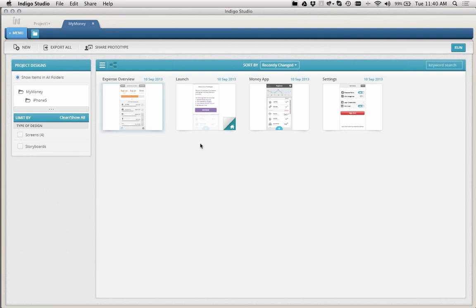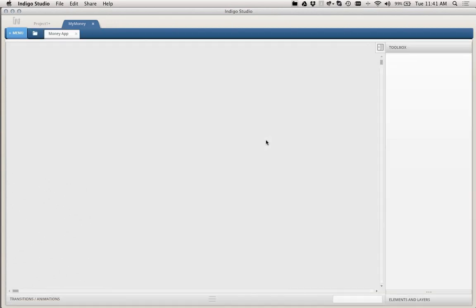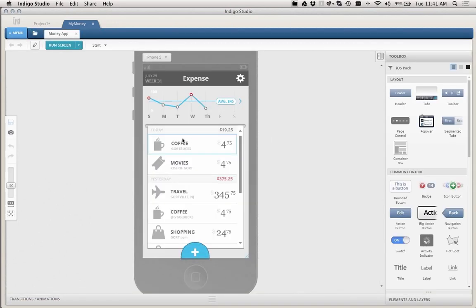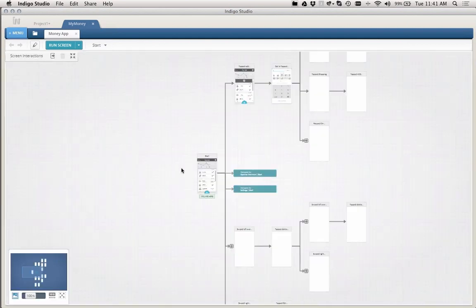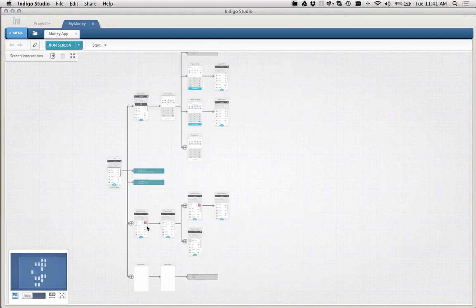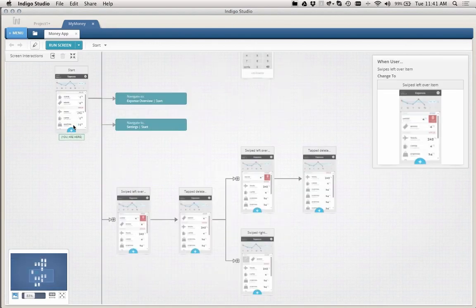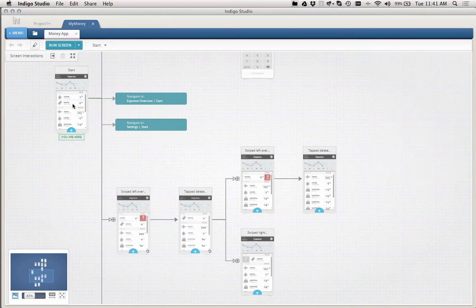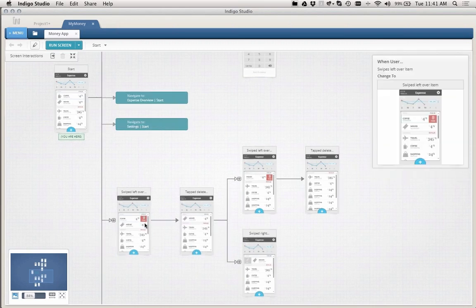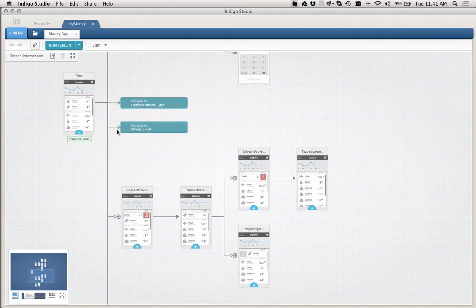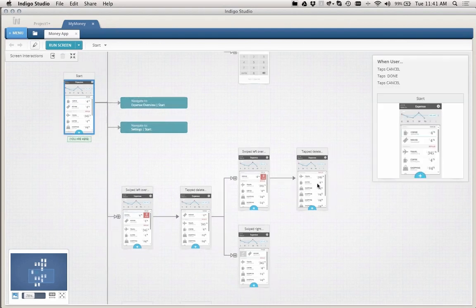So this, if I show you the Interactions Explorer for this particular screen, you would know what I mean by I've added more interactions and more longer stories in each of these things. So this is my Interactions Explorer for this one. And you can clearly see how I have actually designed this particular prototype. And I actually simulated, for example, from the start screen, when you swipe left over, you saw delete. You actually tap on delete, an item gets deleted. Then you swipe on the next item, same thing, delete. I tapped on delete. So there's a flow which starts from this guy from the start screen and ends on